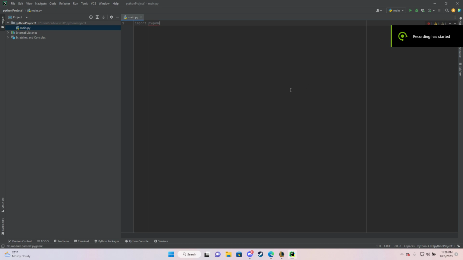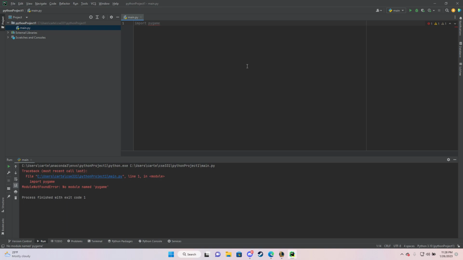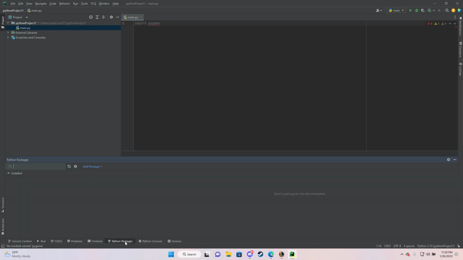Alright, I'm going to show you guys how to get Pygame on PyCharm. So what you're going to want to do, if you have this where you import it or you run it and you get the module not found error, all you're going to need to do is go right here at the bottom, go to Python packages, and then you can look up